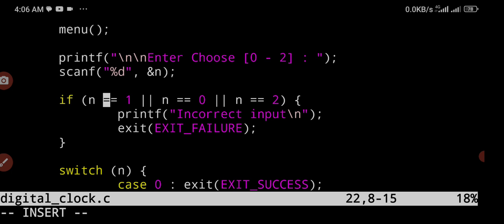Okay, so guys, that is my problem. You see, we should say if n is not equals to 1, okay, any of these can be correct. If n is not equals to 1,